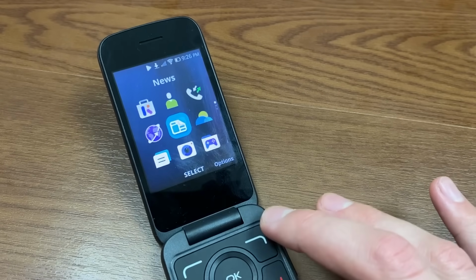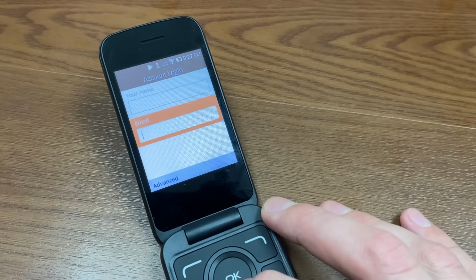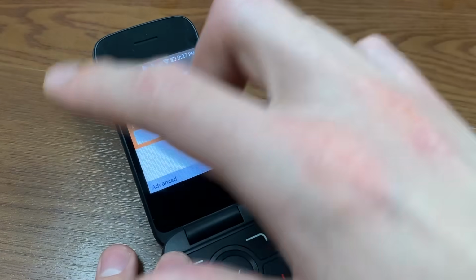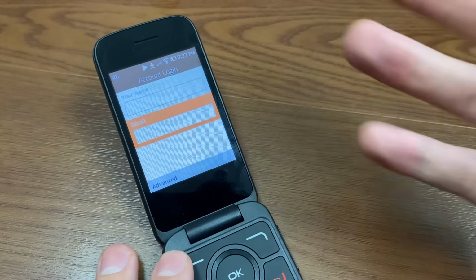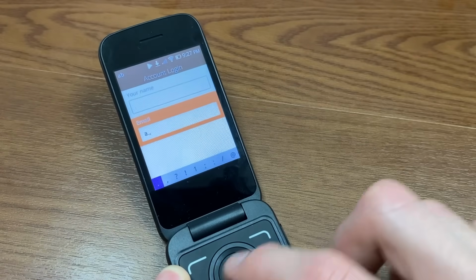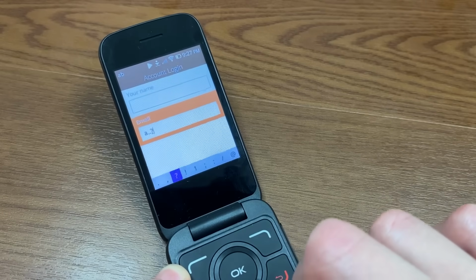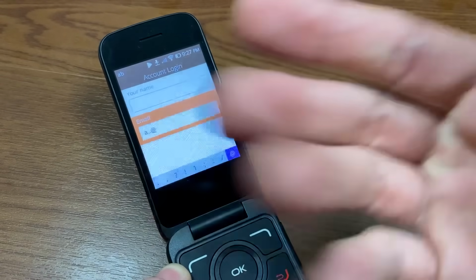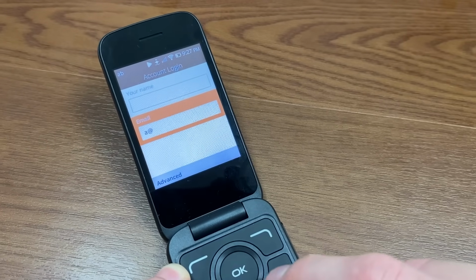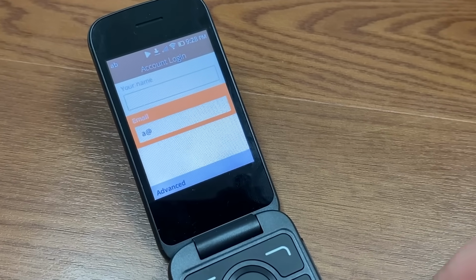I mean, I've never used a KaiOS device before. Email? If I were to put in a Gmail, I wonder if you can sign in to your Gmail account, or if it just does everything through IMAP or POP3. See, there's no continuity here. I can't press the arrow to go over it. So now I have to actually hit 1. Yeah, see, but it wasn't like that in the App Store. So I have to press 1 to go all the way over to the @ sign. And we'll just say, you know, where's, oh gosh, G...